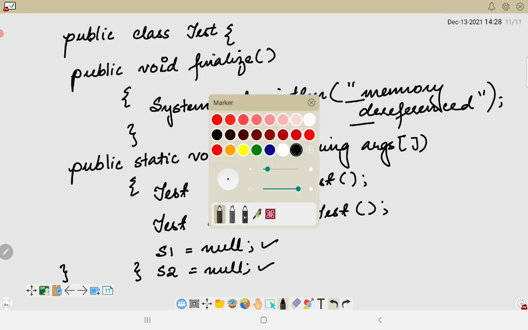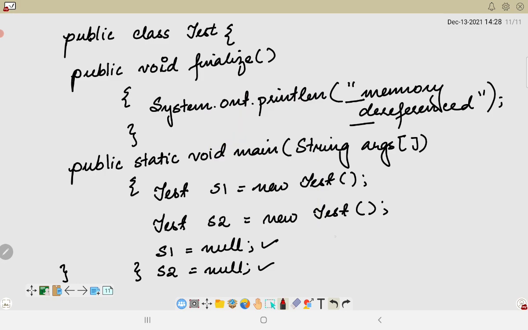So while generating the output, what we will get is "memory dereferenced" two times. This follows because there are two objects and we have made them null. This is one very simple example of garbage collection.